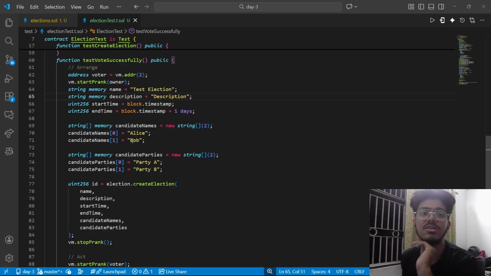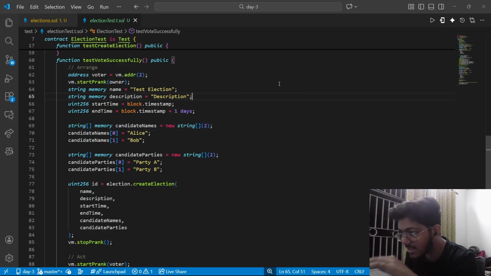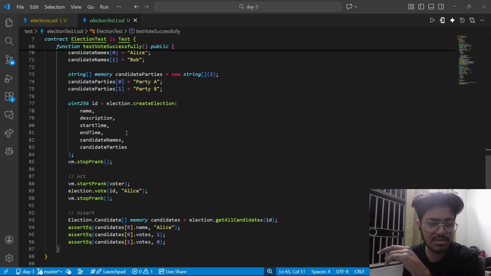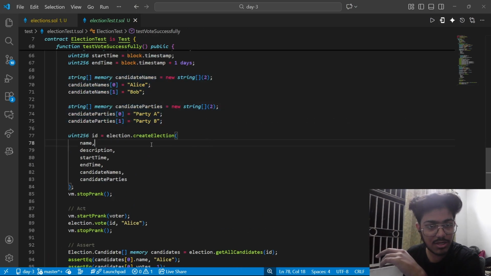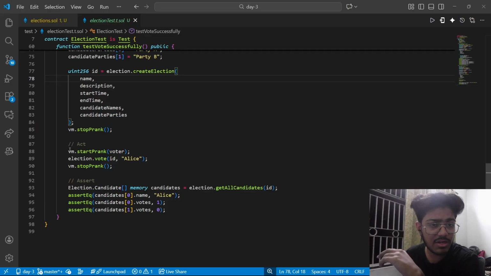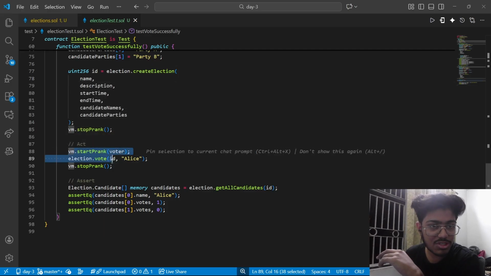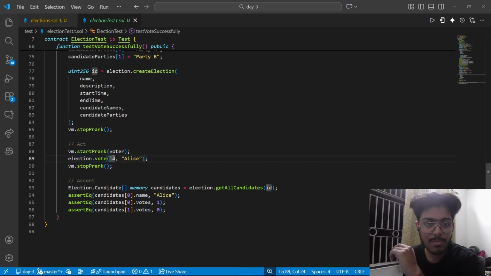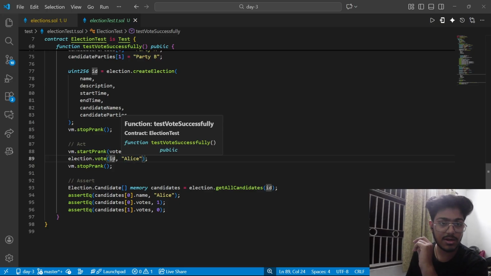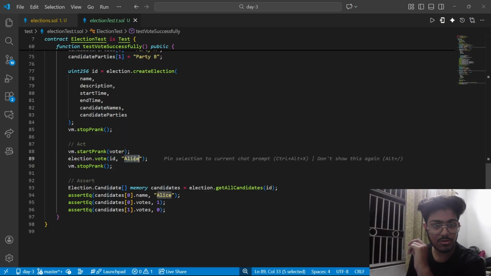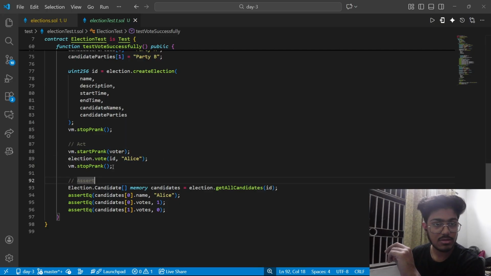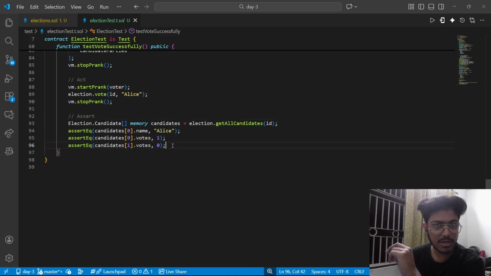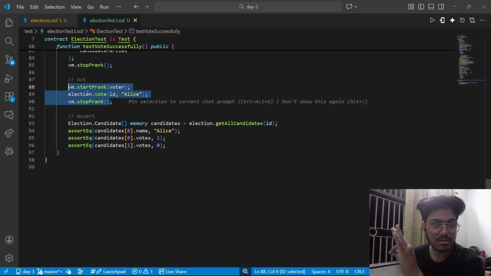First it will create an election with the same demo data, and then we'll call the vote function, saying that I want to vote in this particular election ID for this particular candidate. So please do it, and once it's been done, then we'll